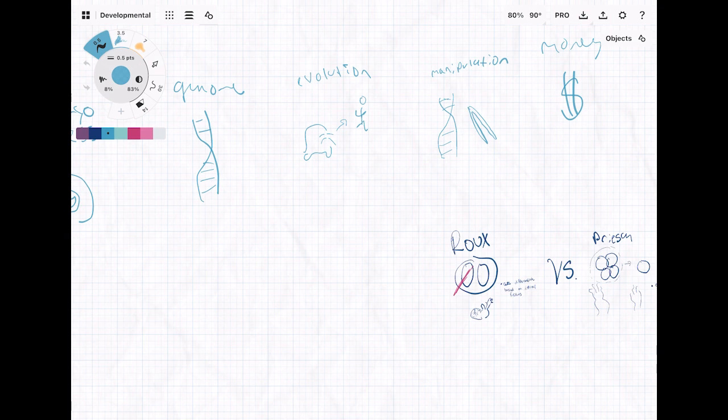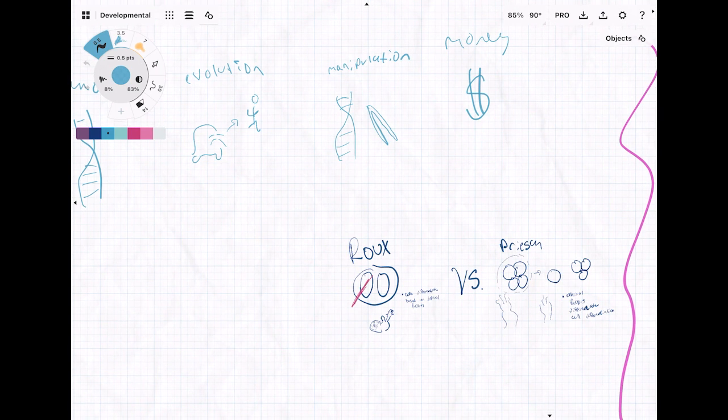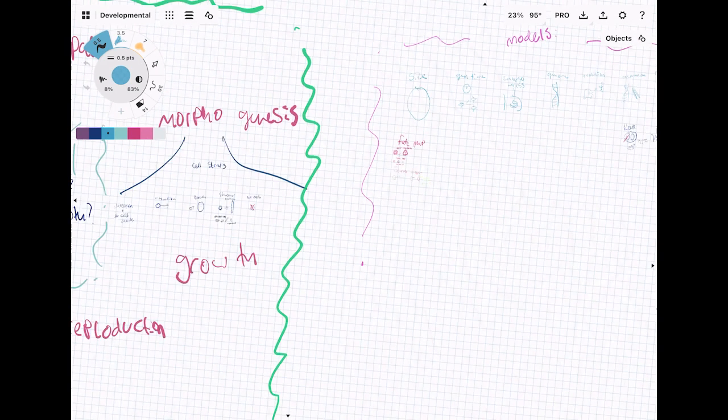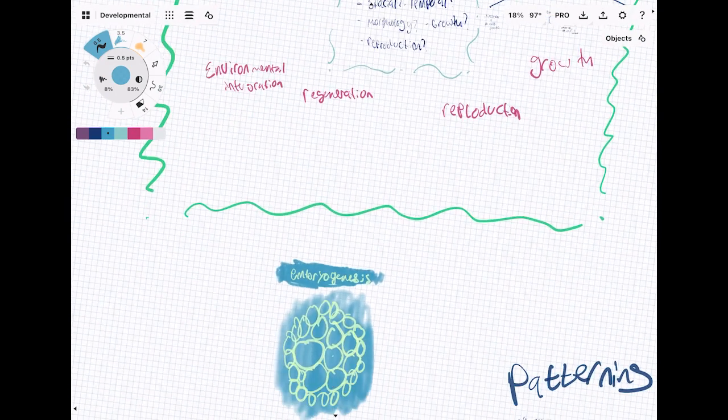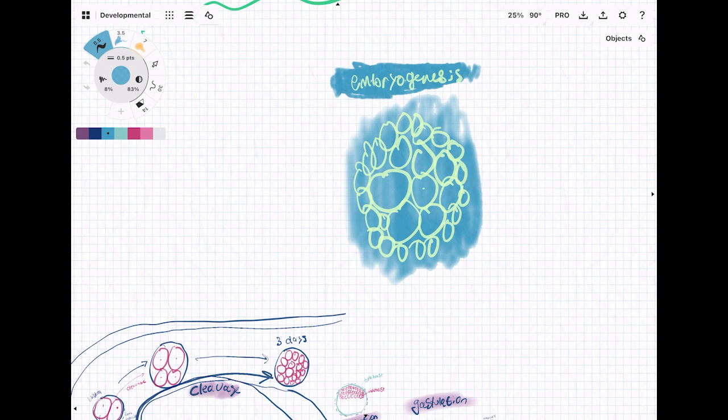You want to look at how far away it is on the evolutionary lineage, to see how many things you could have in common with that organism, how easily you can manipulate the DNA, and then money concerns, obviously. So I guess the first thing we should start with is how do two cells get together